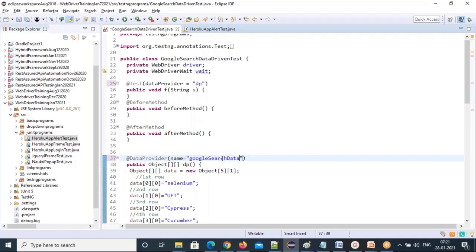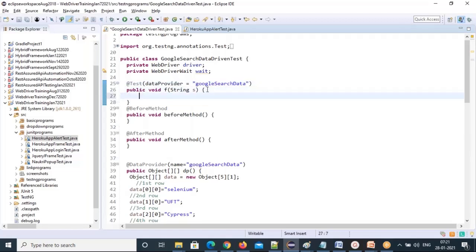If you have a name for the data provider and you give the method name, it will throw an error. Make sure you provide the data provider name only. If you don't have a data provider name, then you can pass the data provider method name. Otherwise, you have to mandatorily give the data provider name.